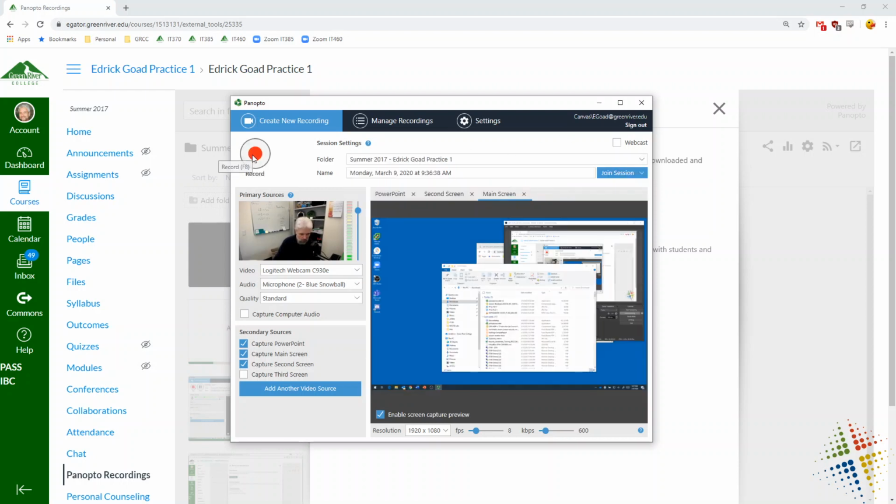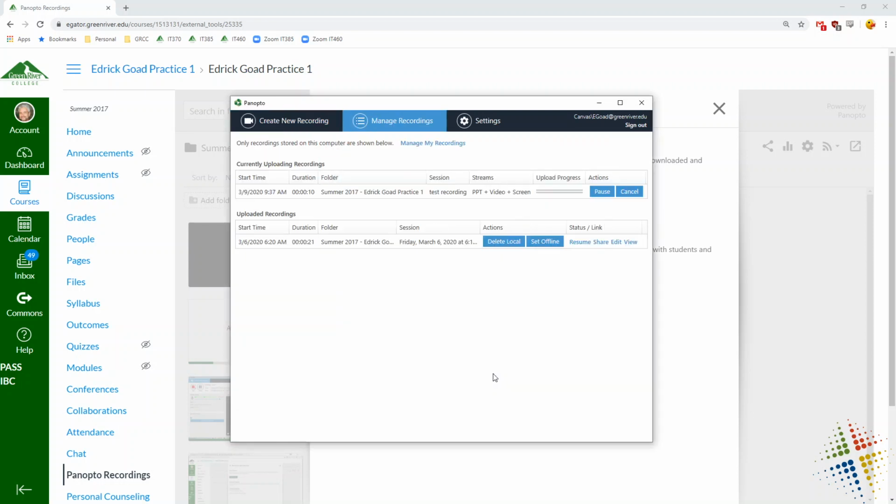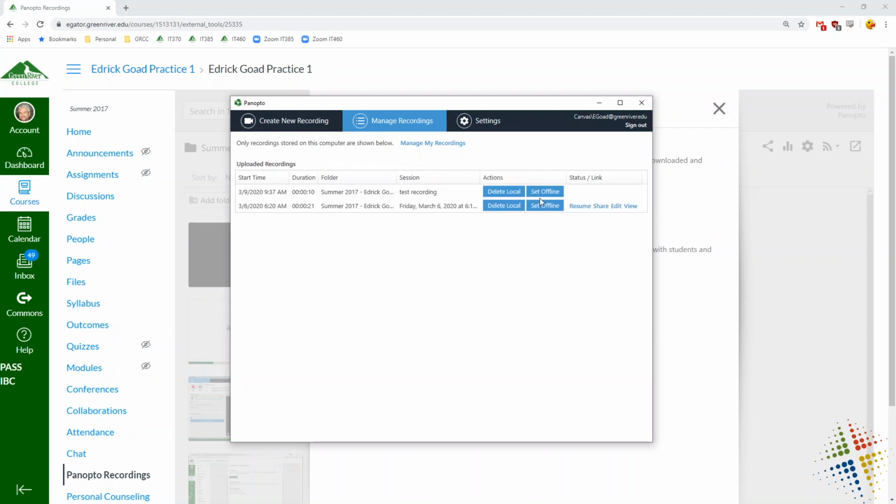And then click record. At this point, it is recording both the audio, my webcam, my screen that you're seeing there, and my PowerPoint that you're actually not seeing. So it's capturing all of that. When you're done, click stop. It will stop it, and then you can either delete that, give it a name, and say done. As soon as you say done, it starts uploading it into Canvas. And as soon as the upload is finished,